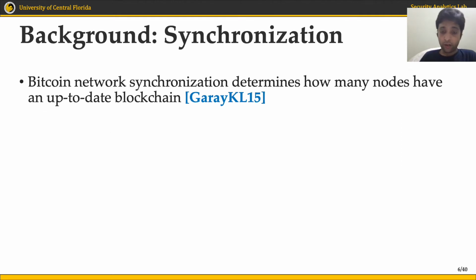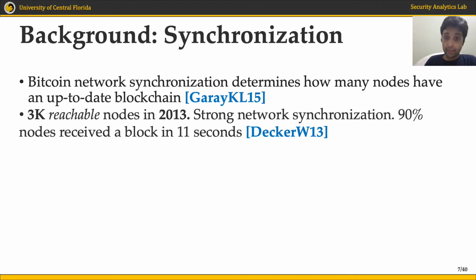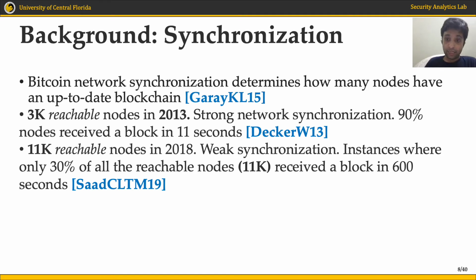So what is Bitcoin network synchronization? Network synchronization determines how many nodes have an up-to-date blockchain at any time. In 2013, the Bitcoin network synchronization was strong. There were approximately 3,000 reachable nodes, and when a new block was released, 90% of those nodes would receive a block within 11 seconds. By 2018, the network size had increased to 11,000 reachable nodes, and in our prior work